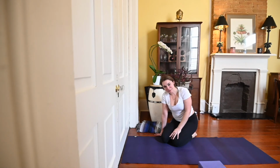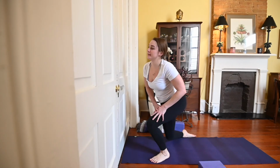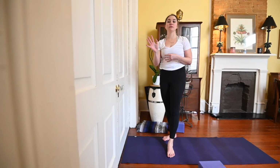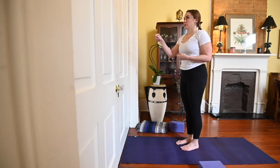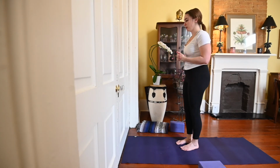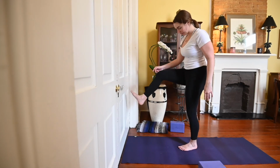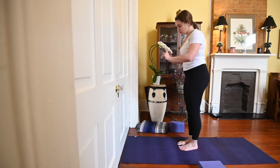There's another way to access this pose that isn't so hard. It's called L shape. And for most of us, kicking up to handstand is the hardest part. So once you work on doing that enough, it'll start to come more naturally. But if kicking up to the wall is hard for you and you still want to access this pose, this is a really good way of doing things. So you can take one foot up to the wall or to your very massive door, or your window. And we're gonna use that distance to figure out how far you want to be away from the wall. So turn around,